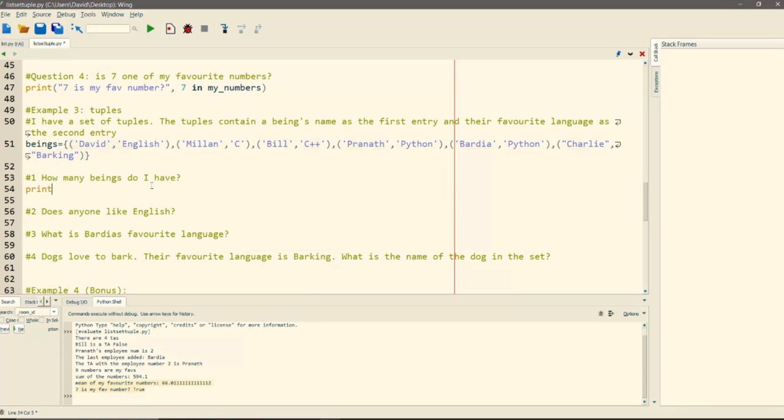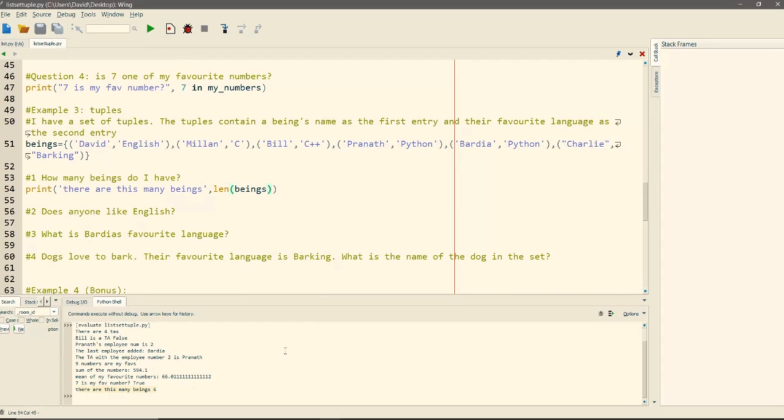We go print and we're going to say there are this many beings. Honestly, it started off as people, but I just had to add my dog there. So we're going to go the length of my beings. Sweet.